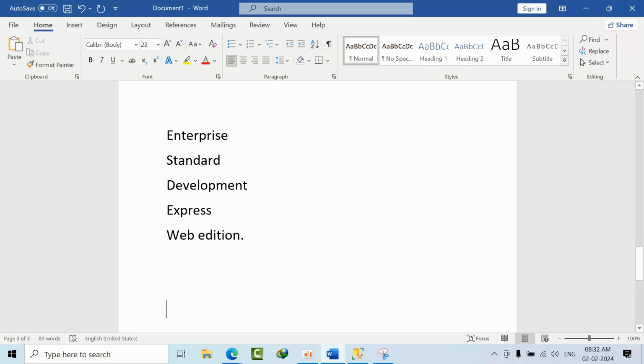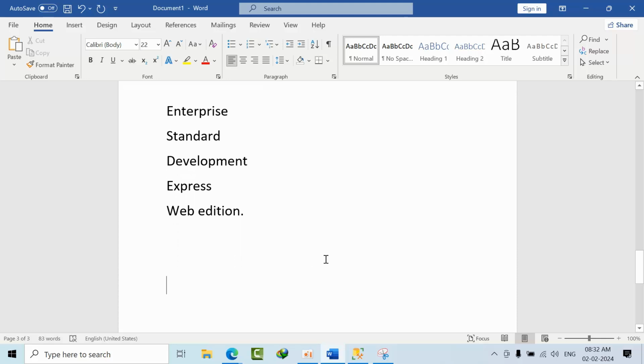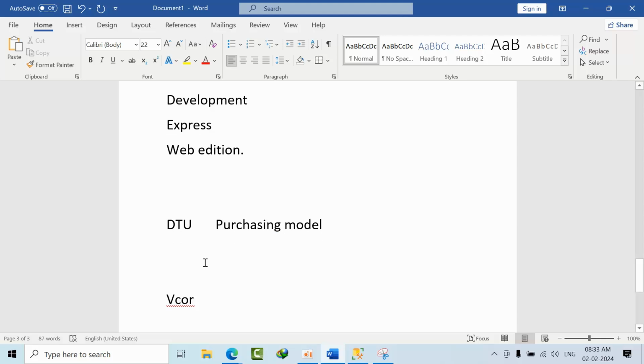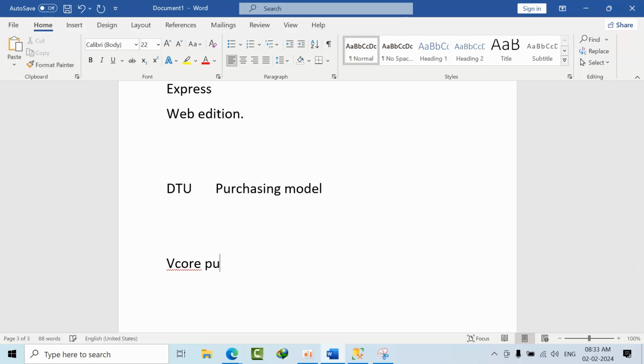But in Azure SQL Database we have two categories: the DTU purchasing model and the vCore purchasing model.